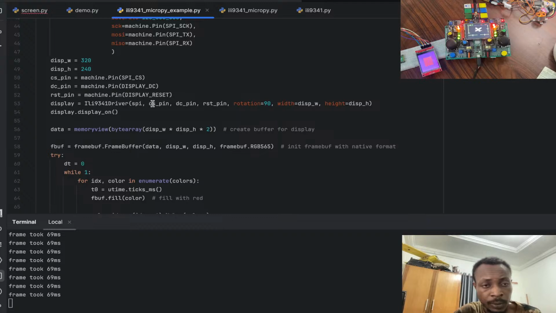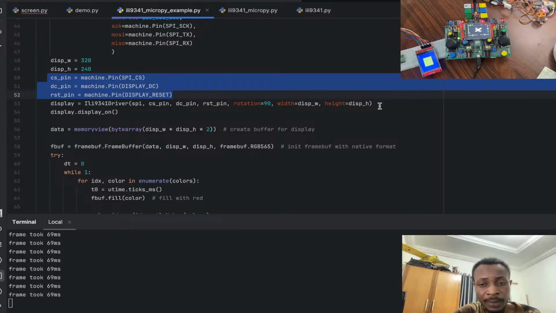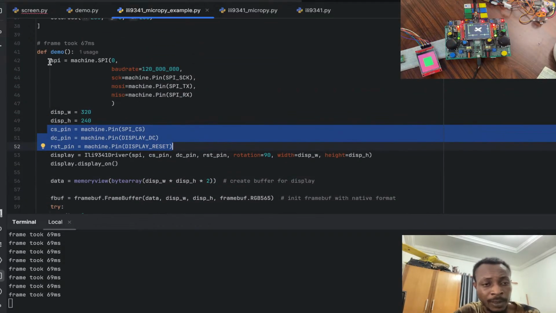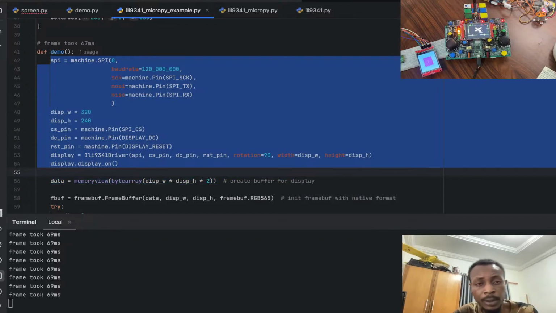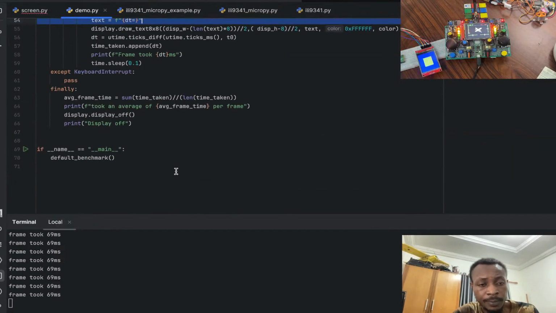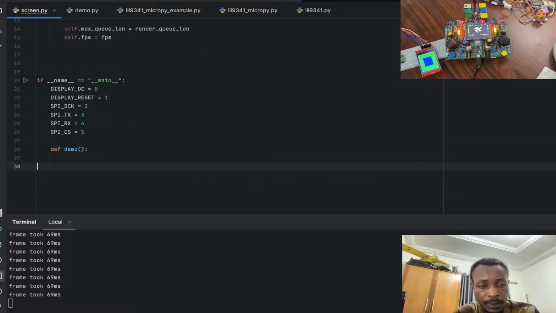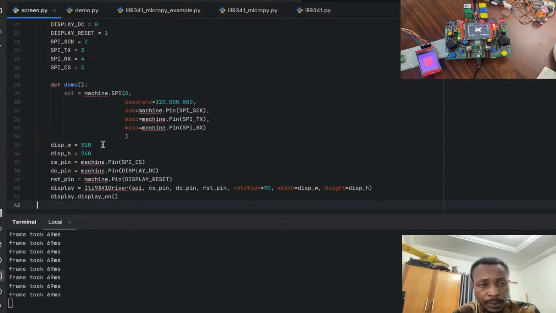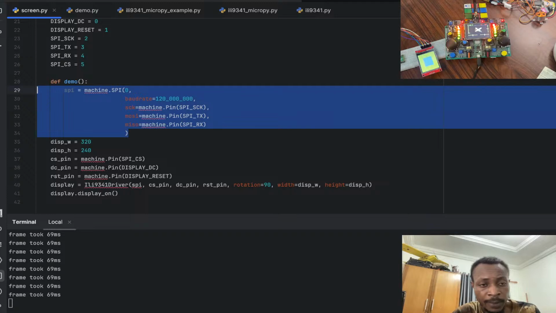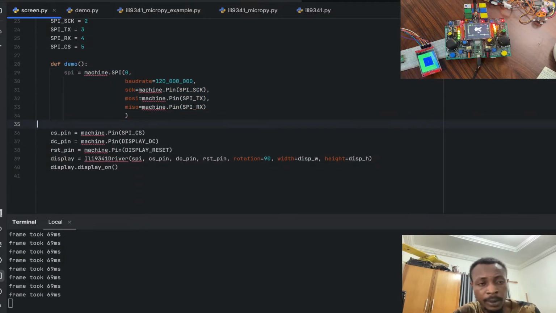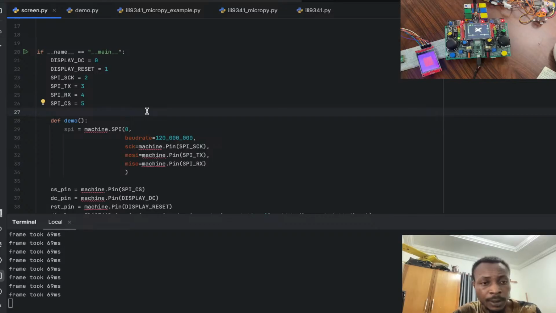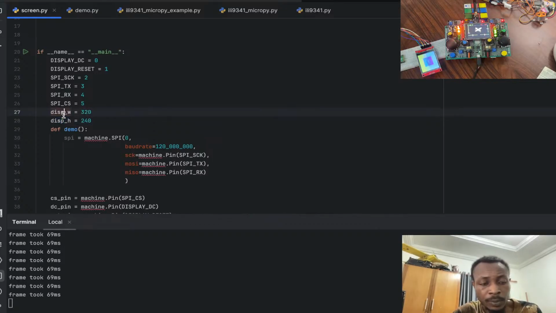Okay, so we need to create some pins, and then our SPI. Where do we create our SPI? Okay, we create our SPI here. Let's just copy this. So if we come here, we actually in screen. So first of all, let's get rid of this. And let's do this. So we create our SPI. We can get rid of that actually, or just refactor this here. And just make